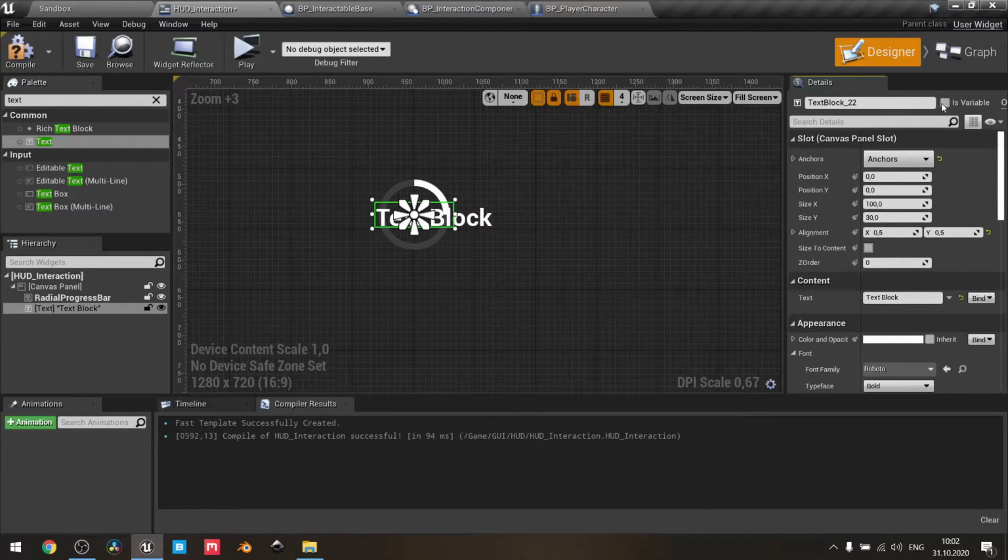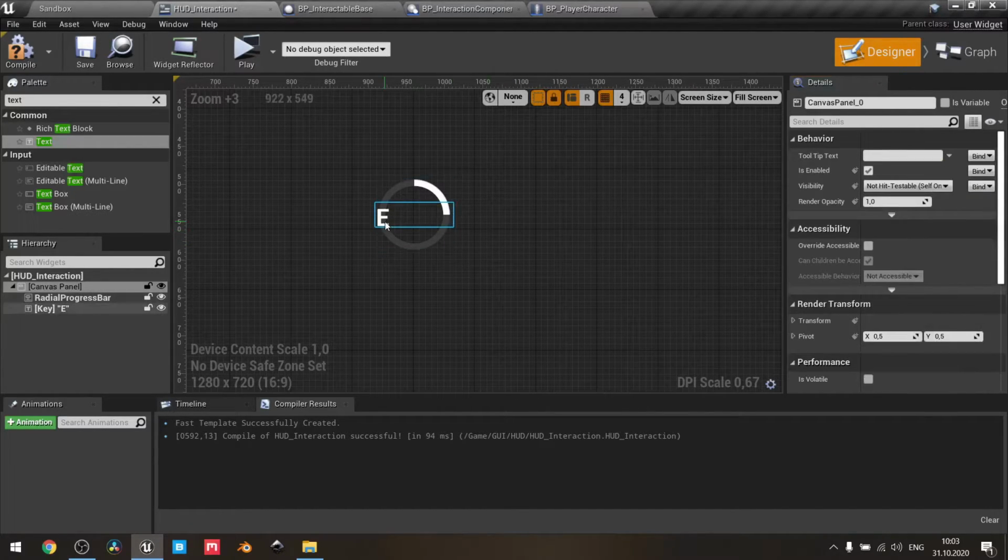So set is variable for the text element of our widget. I'll rename it to key, and for the example of text I'll go with the key of E, just to see how it actually will be displayed. As you can see,